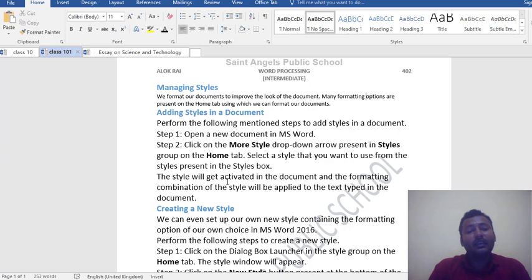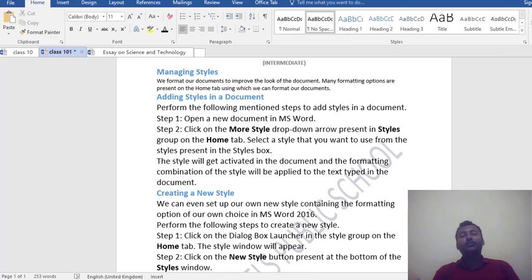The style becomes active in the document and the formatting combination of the style will apply on the text in the document. I think all of you understand it.